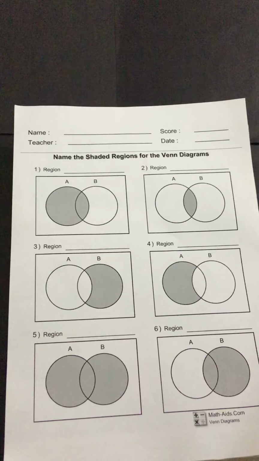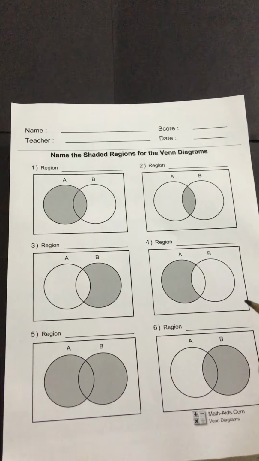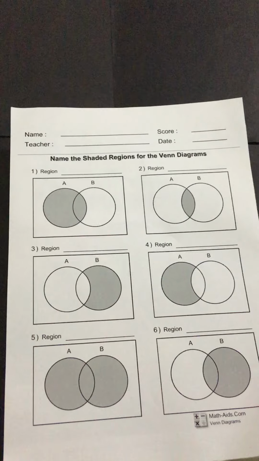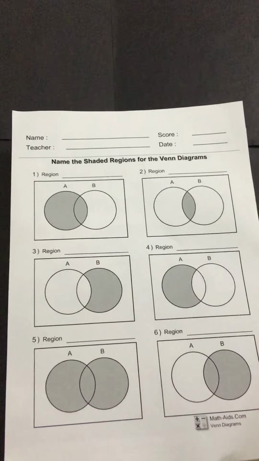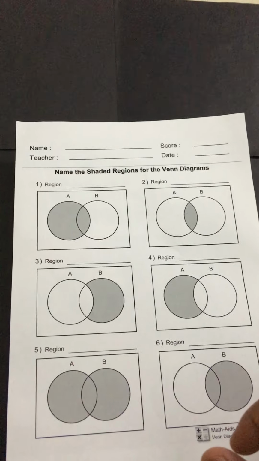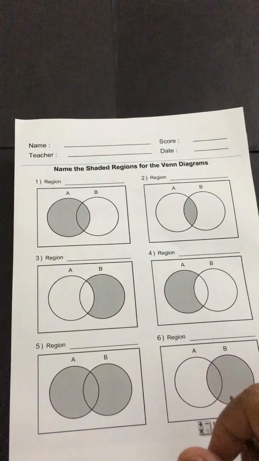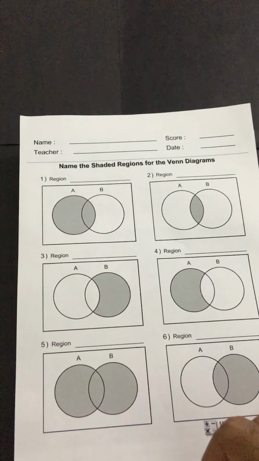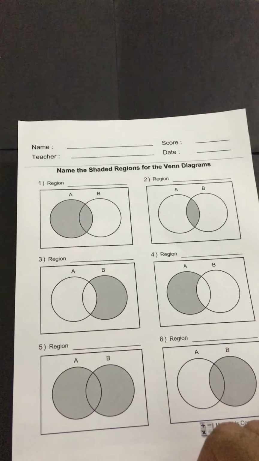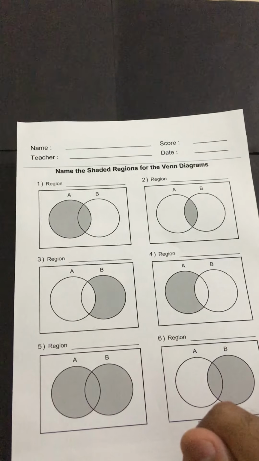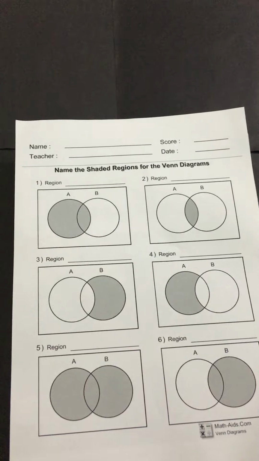You guys know that whenever you are asked to find the union, you go for the combination or both parts. I told you that whenever you are asked to shade union, you will be adding both the parts. You will be shading both of them. And whenever you are asked to find or shade intersection, you will be going for the common part. And the difference is a bit tricky. We have to look at which set is first, and then find the members that have no connection with the other set.